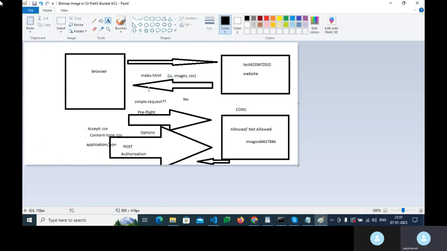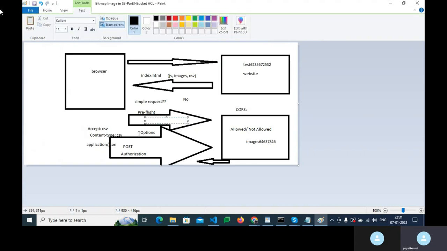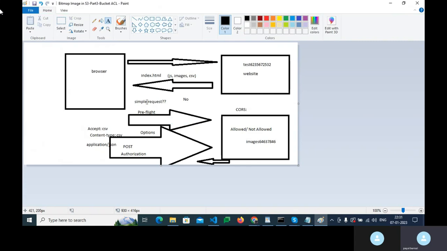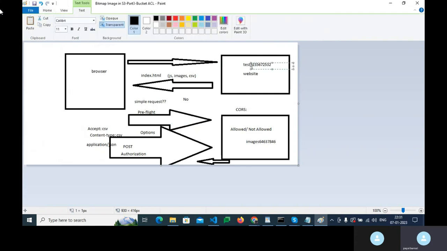The browser has to render this index.html, so it has to make a request to the other server for these files. Now the browser will look at the request: is it a simple request or not? If it is not a simple request, it will first make a pre-flight request of the type OPTIONS, and it will say